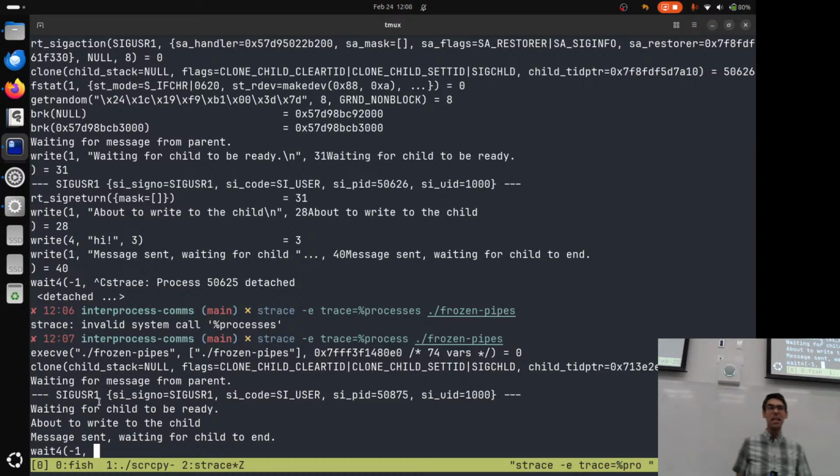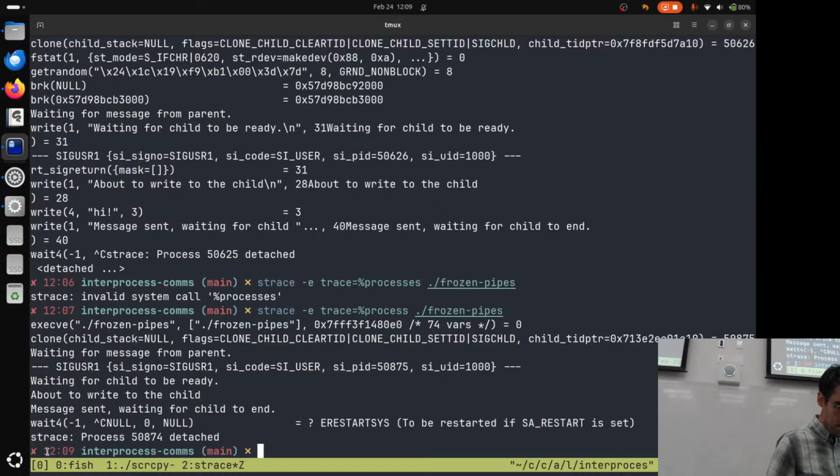Then we've got SIGUSR1. That's telling me I received a signal. I handled this signal and started to do stuff. My parent process did indeed receive that signal. It did something, and then it got stuck at wait. I'm going to hit Control-C here to terminate this again.